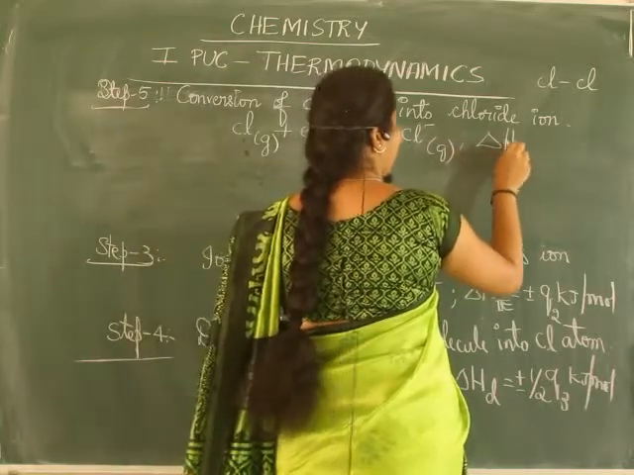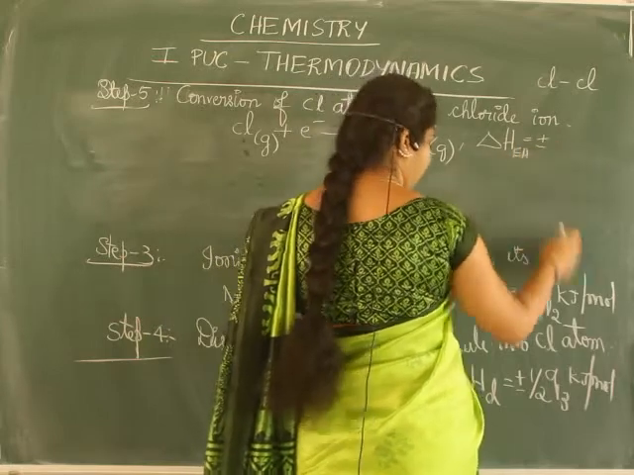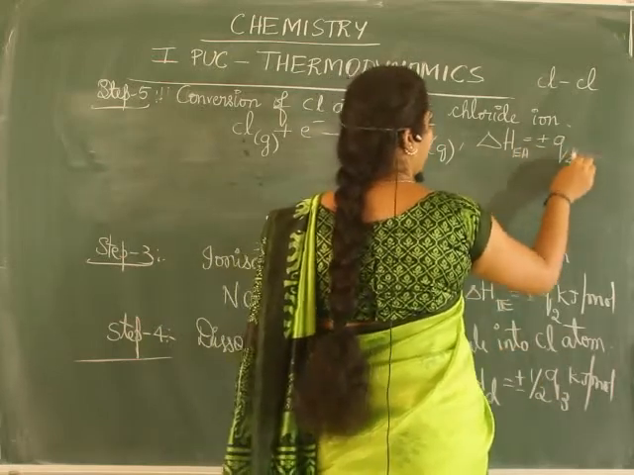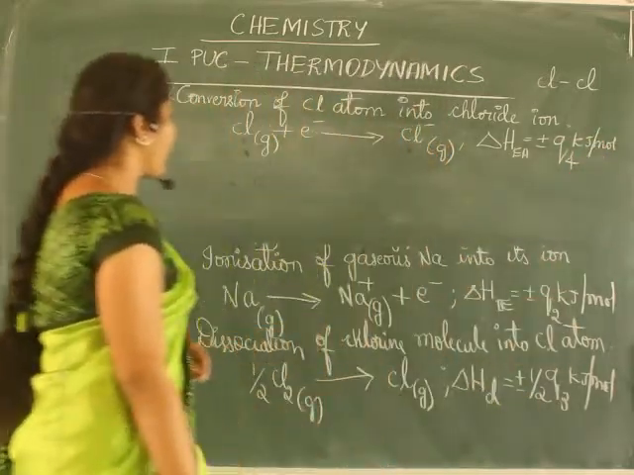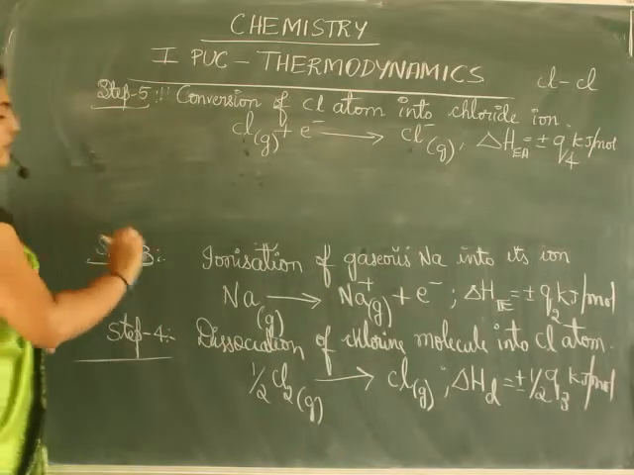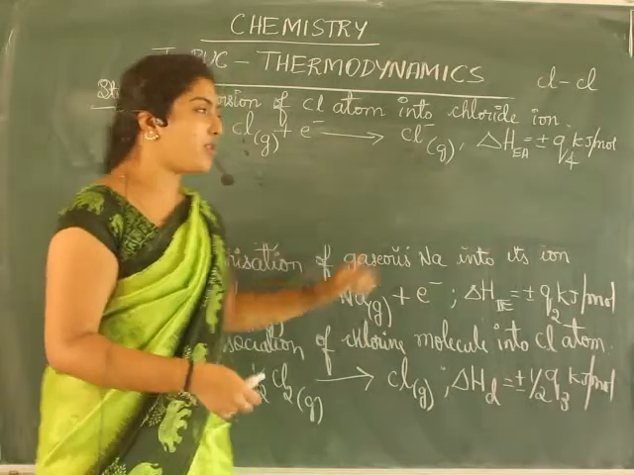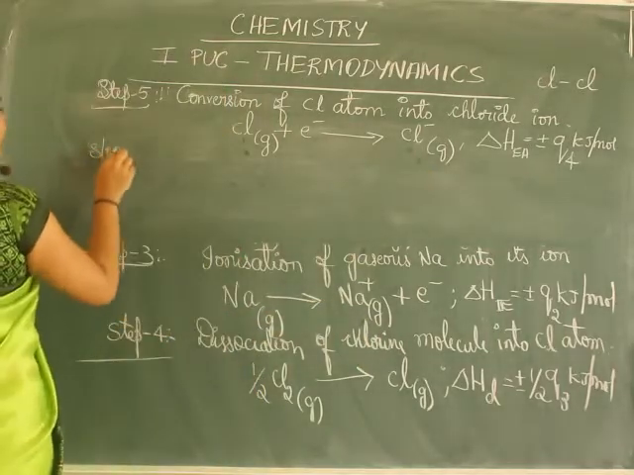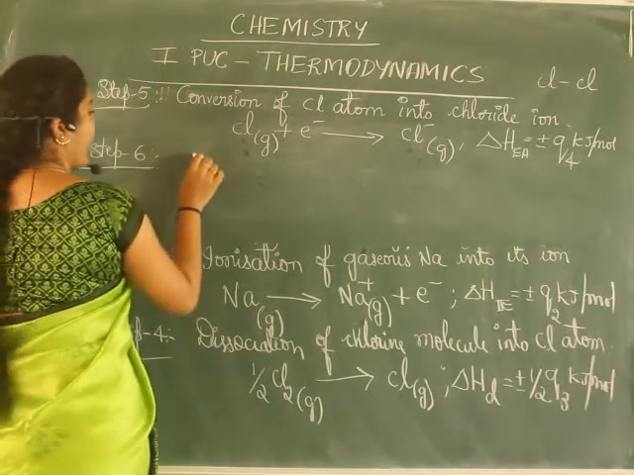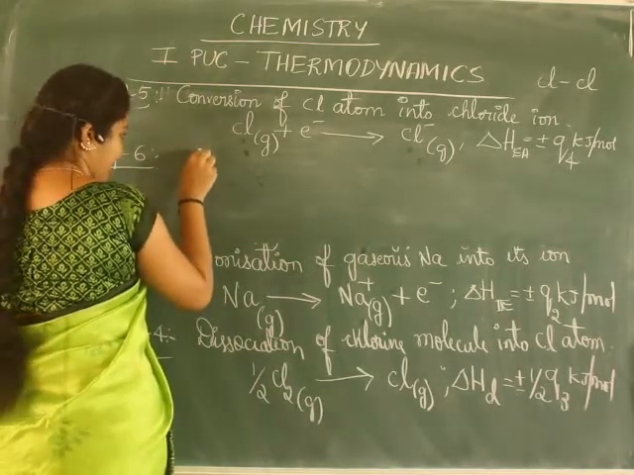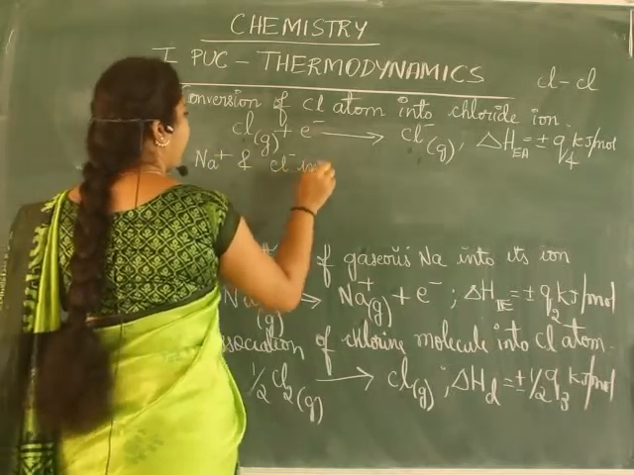So here delta H of Ea. Ea means electron affinity, plus or minus Q4 kilojoule per mole. Next, now you have got Na plus in its gaseous form, Cl minus in its gaseous form. The last step, step 6, is that Na plus and Cl minus in gaseous form